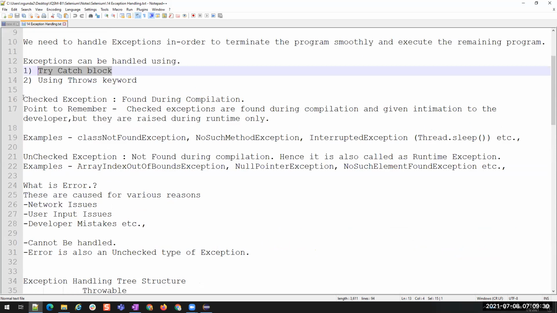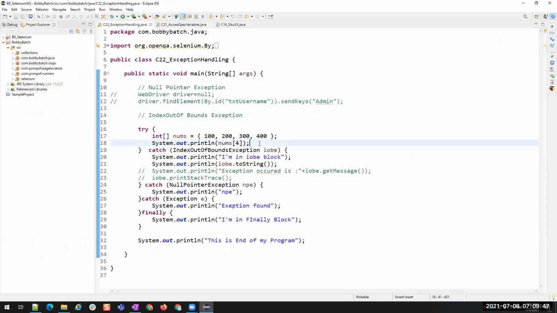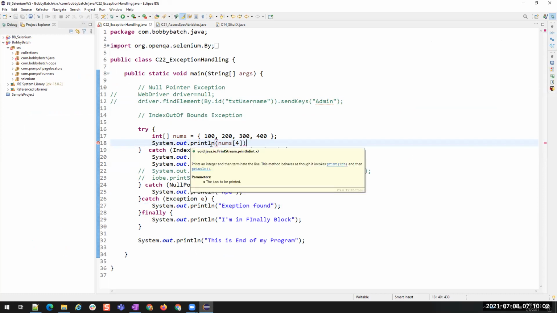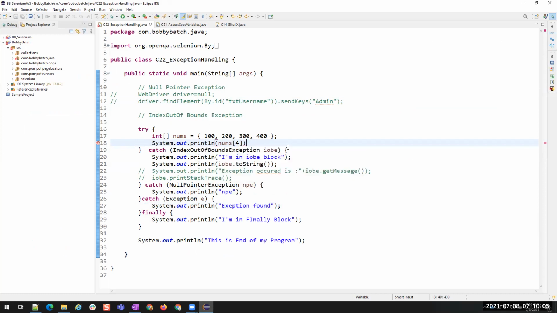Okay, so what is checked exception? Which is found during compilation, like any syntax error or any other obvious errors that your Java compiler will know before running it, is called as checked exception. So it is found during compilation. For example, let me show you again. I'll just remove this. You see now, this is an error or warning, right? This is an error, which is a syntactical error, and you found this syntax error without running it. So this is compile time exception.